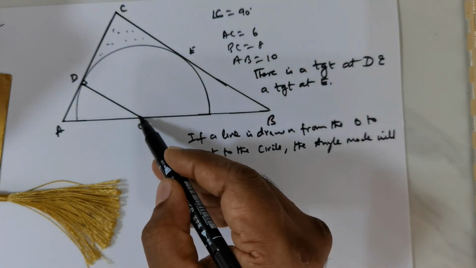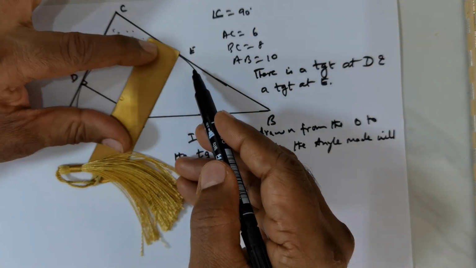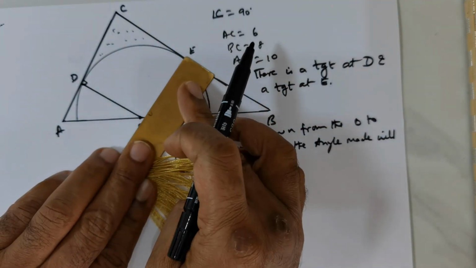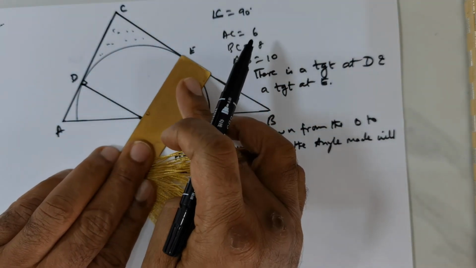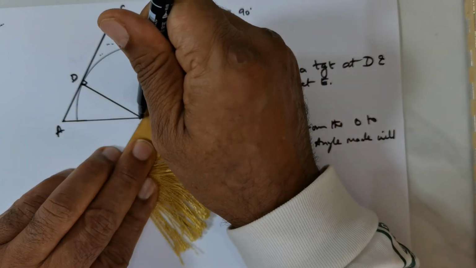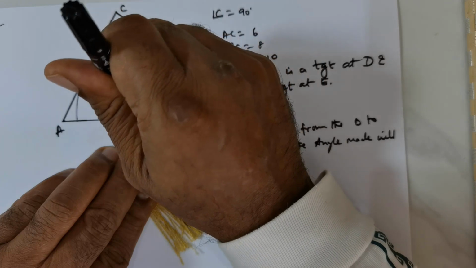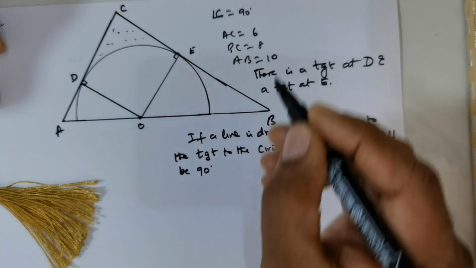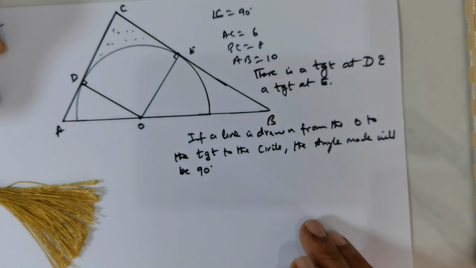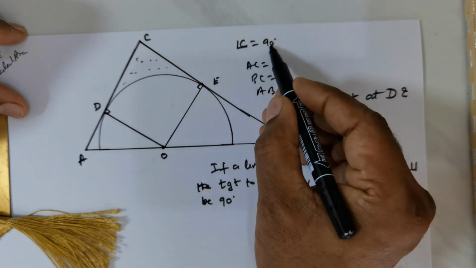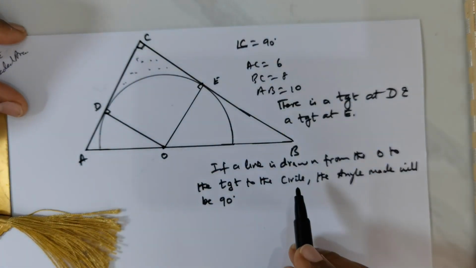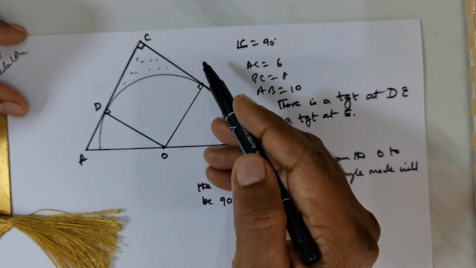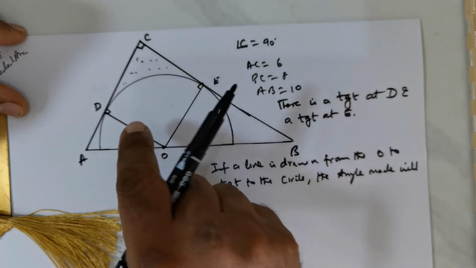Now I can repeat the same thing, a line being drawn from the center O to the tangent, right? Now let me do that. Okay, the figure is fairly fine. So this is going to be making 90 degrees. So you have a 90, you got a 90 here, right? Now I've already mentioned to you, angle at C is 90. So this is 90, this is 90, this is 90. You get 3 90s,